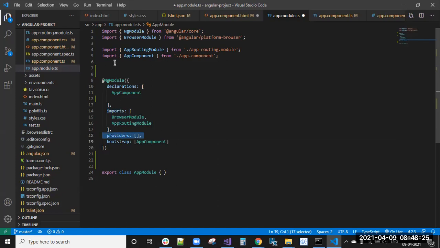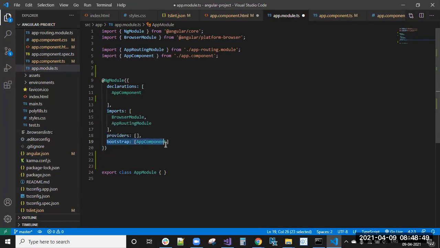If you want to include a service, you give that service's name here. This is mostly for dependency injection purposes, which I will explain later. For now, you can assume that inside providers we keep the services.